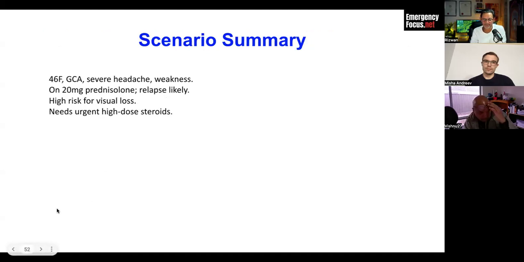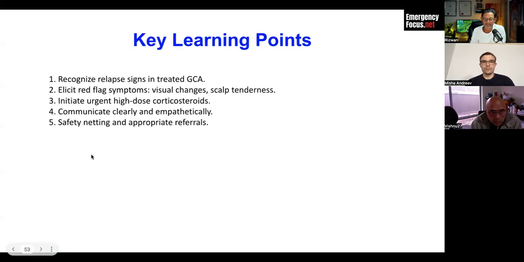Finally, this is a bit of a summary in terms of what does that all mean? It means that the patient needs high-dose steroids, which I said earlier, these patients would often get IV methylprednisolone. You don't have to remember the dosage, but just remember that you need high-dose steroids and you need to be admitted to the hospital. So the key learning point, as I said, is that it's all about information gathering and information giving and